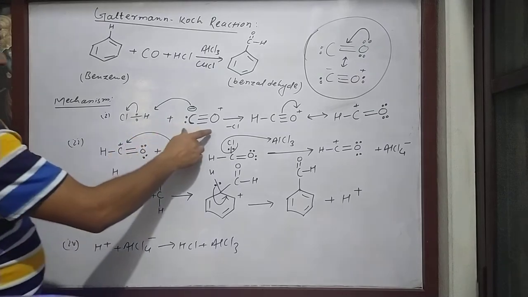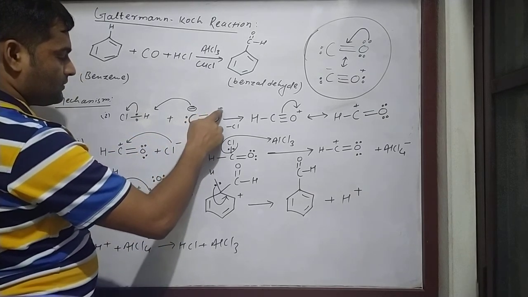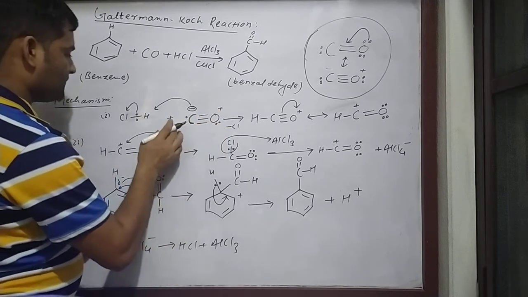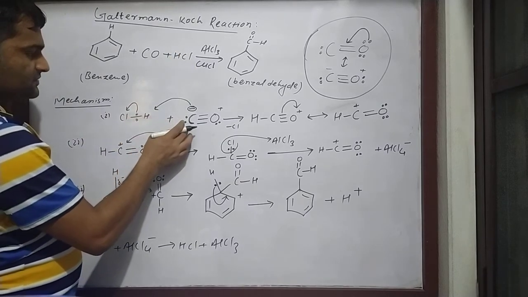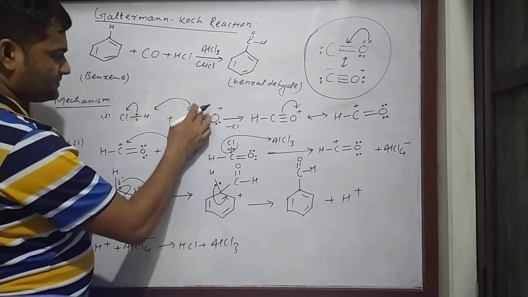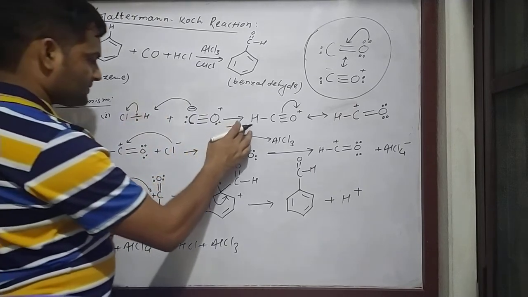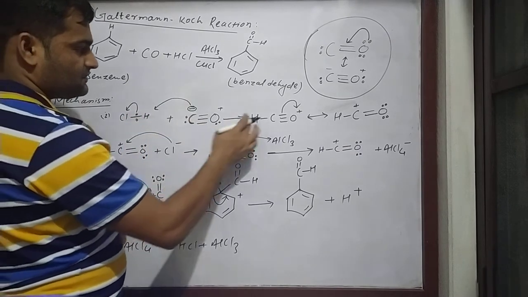And this chemical species, this CO with oxygen positive, where oxygen contains one lone pair of electrons, reacts with HCl, hydrochloric acid. First, this negatively charged carbon attracts H plus from this HCl to give Cl minus, and when H plus combines with the C minus it gives a C-H bond,